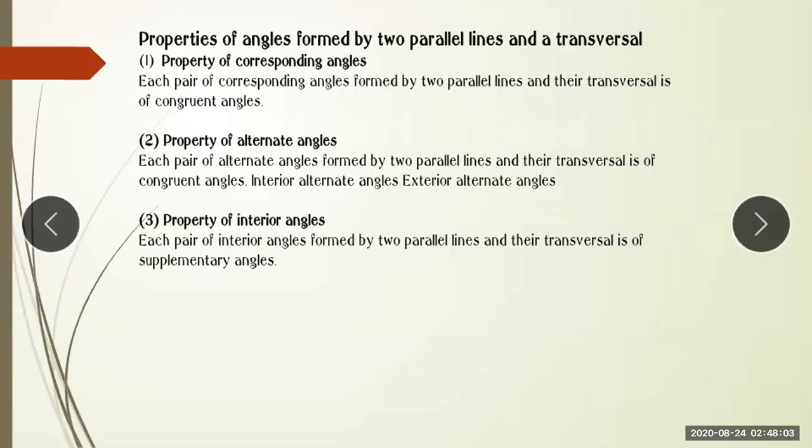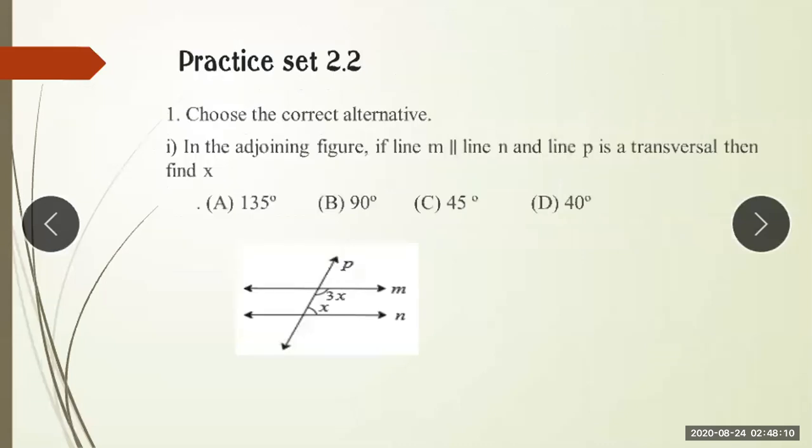Now we will move to our next practice set, that is practice set 2.2. You can see the question, practice set 2.2. There are MCQ type questions. See students, in the exam, for an MCQ type question, you have to solve it and show which option A, B, C is correct, and then you get the marks. If you write only that option A is correct, you do not get marks in the math subject.